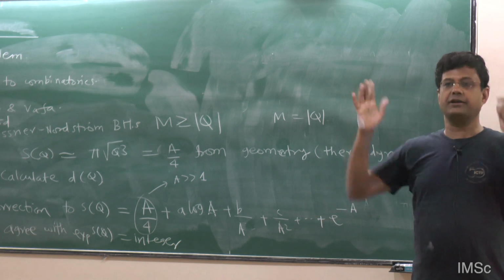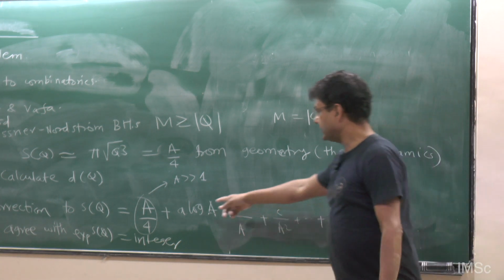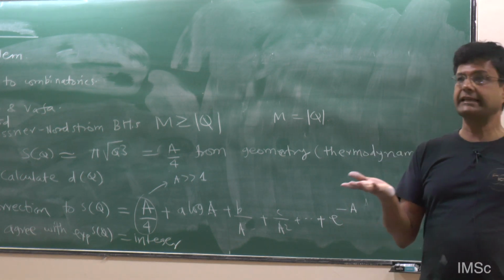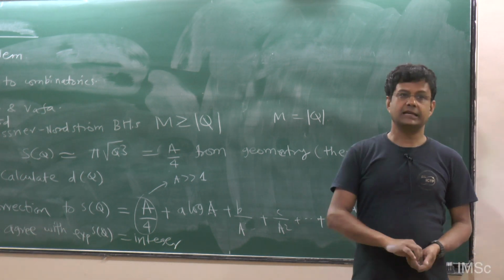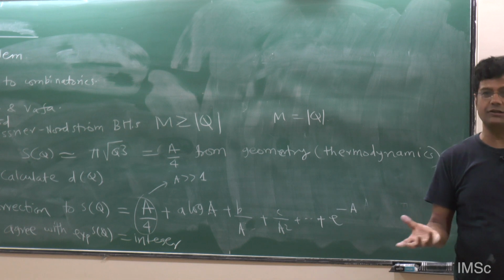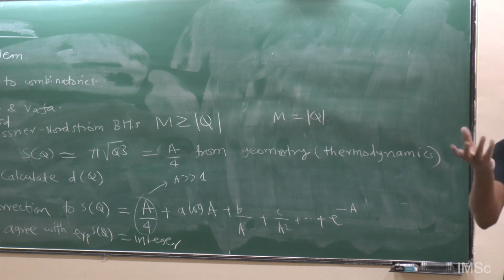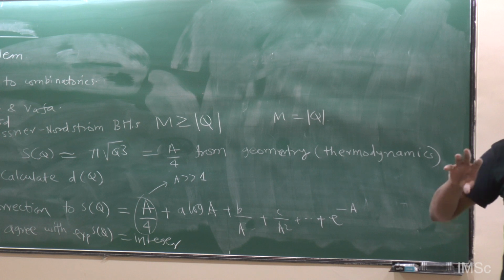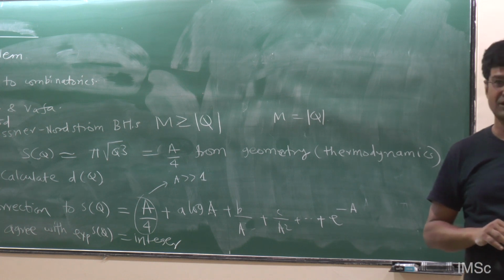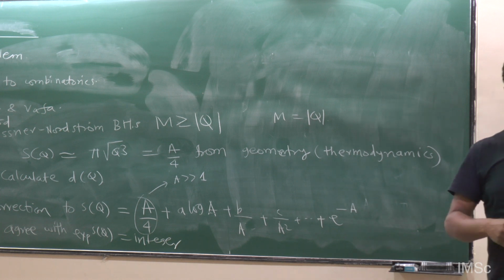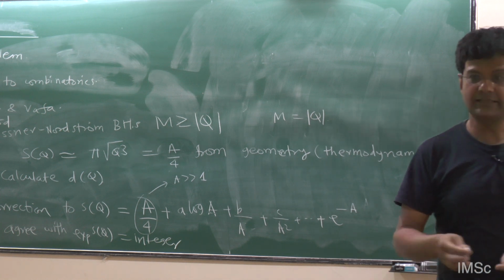The formula is always area upon 4. The subleading corrections actually depend sensitively on which. It's also like in statistical mechanics, right? If you're computing, say, the specific heat of a solid, it depends whether it goes as T to the 4 or goes as T square, or tells you whether phonons are contributing to the entropy or electrons are contributing to the entropy. So the fact that it is not universal is actually good, because then you can learn something about the structure of the theory.